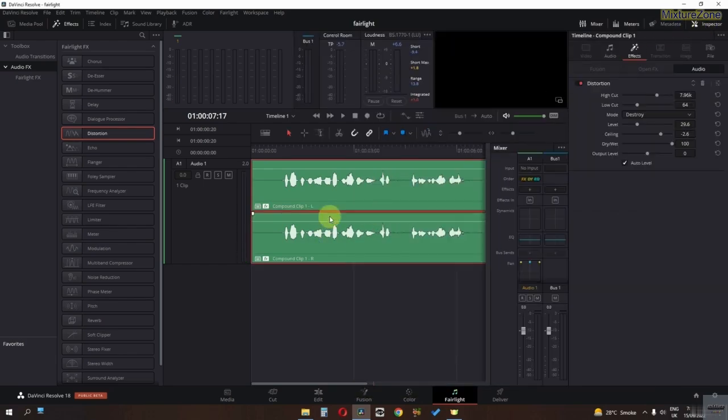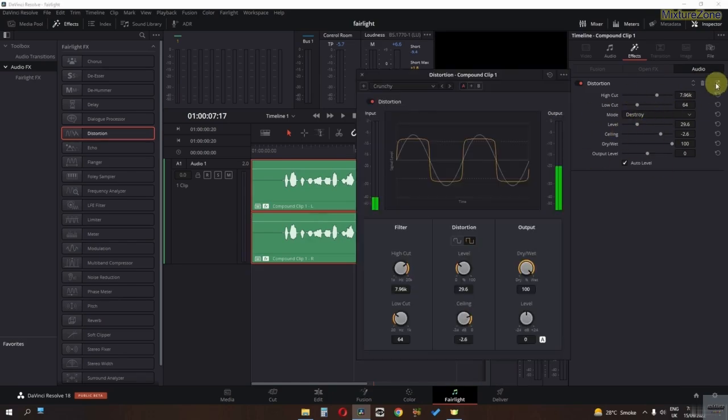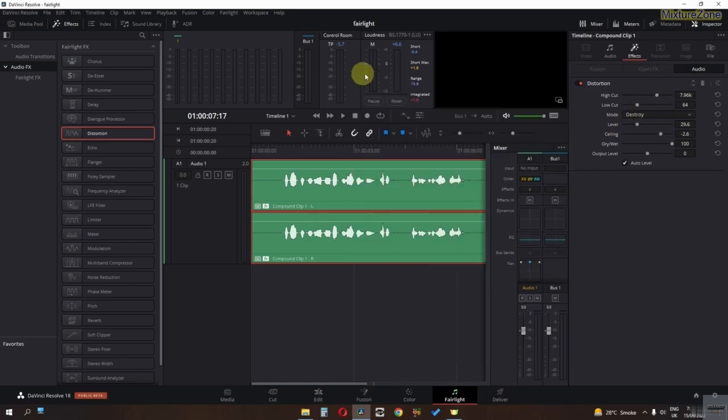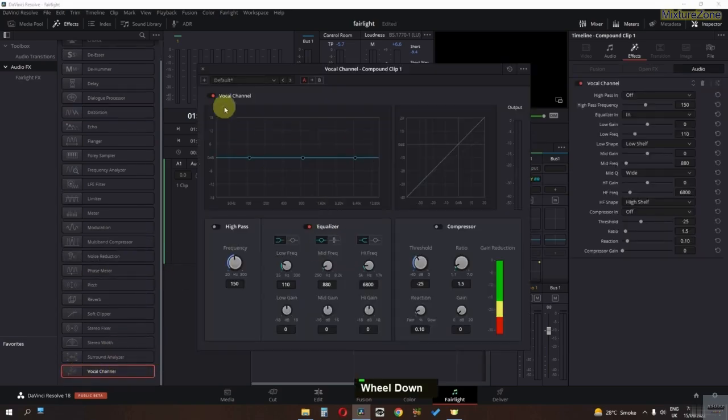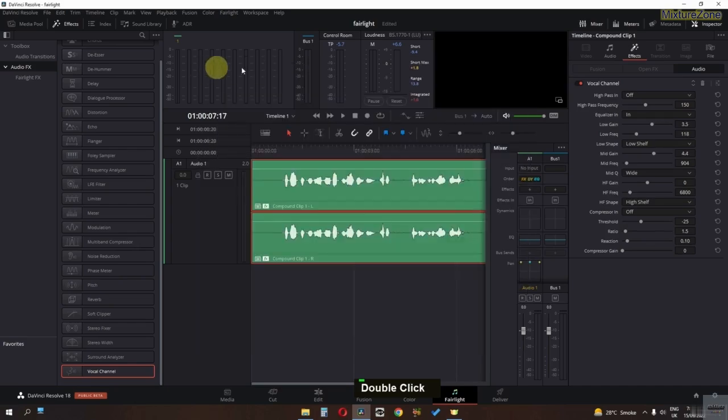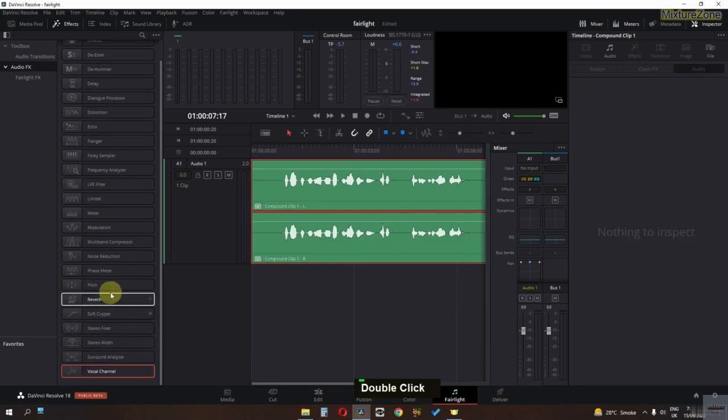Go to the inspector, select your audio. You can also delete your effect, or you can also customize your effect from here, or you can just click here and now we have these controls. And now I can select the vocal channel. I can now select a preset, or I can customize my effect if I want to. So we have different kinds of effects. We have the reverb effect,